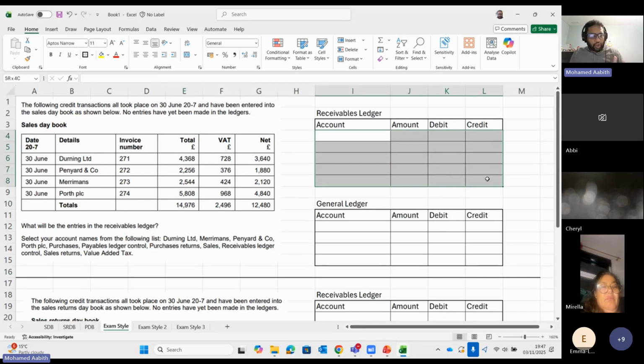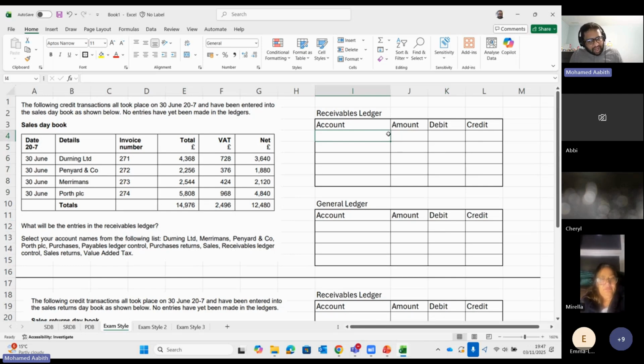They haven't told you what you need to do, but there will be a pick list. So when you're going to do that in the exam, there will be a pick list there. You click on the pick list and you select which account that's going to be. Now remember, guys, look at the headings. First one says receivable ledger, next one says general ledger. So when they mean receivable ledger, they simply mean by